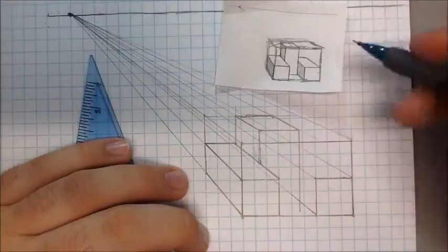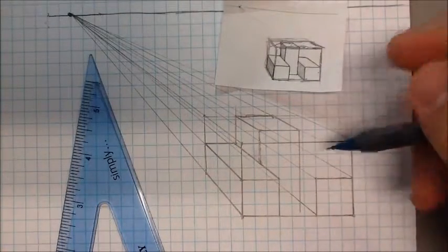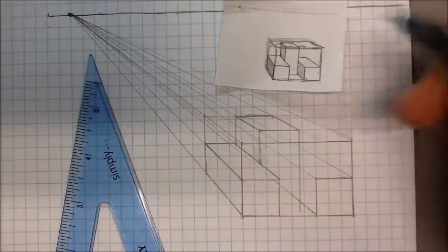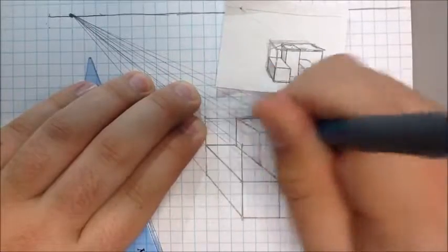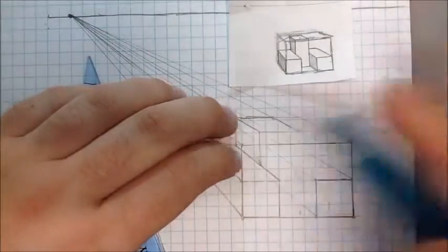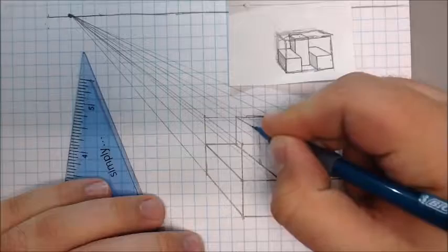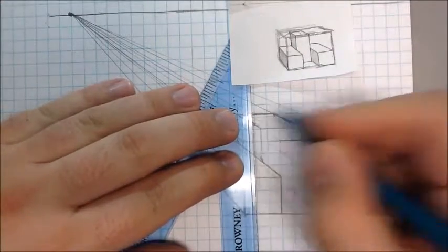And as I go along, as I sketch, I've actually maybe overshot the depth a little bit too much. That's a good thing for students. I did this to show your proportions and also how to correct a sketch when you start drawing it. So in this case, instead of coming all the way out to here, I might just want to stop right there. Draw my line straight down, repeat my process,